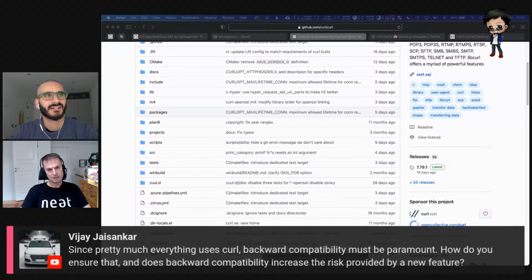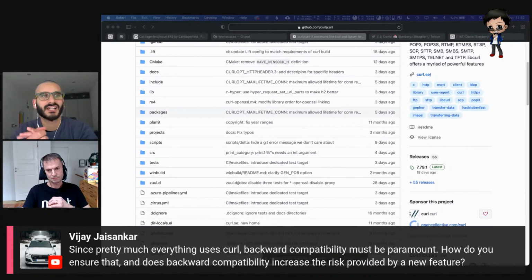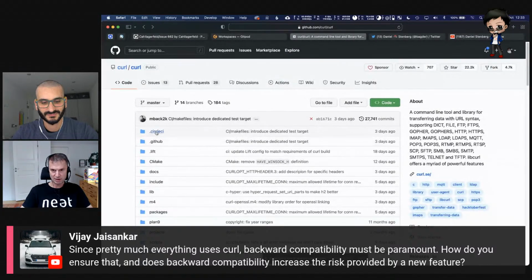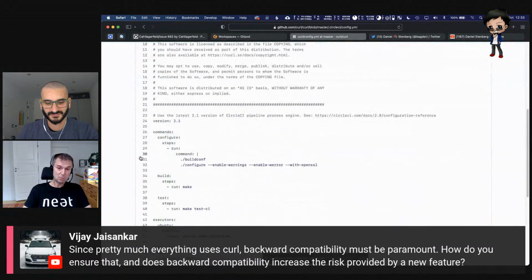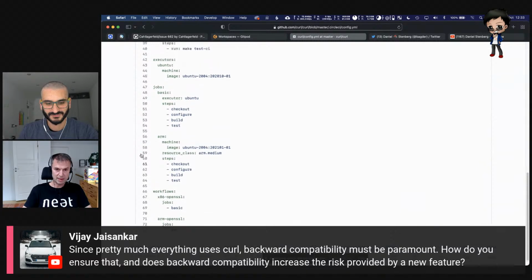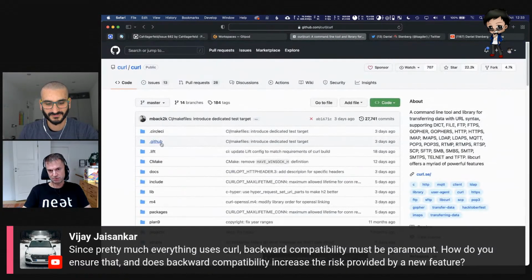Exactly. We did touch on this already about backward compatibility being paramount. I guess this is where you have a lot of automated testing to make sure it doesn't break. Yes. So we have a lot of tests, and we have a lot of CI all the time, and generally we keep that pretty good. So we don't break backwards compatibility, and we haven't done that for a very long time. Basically, since we introduced libcurl, we introduced a few examples back then, and you can pretty much build all those still today with the same